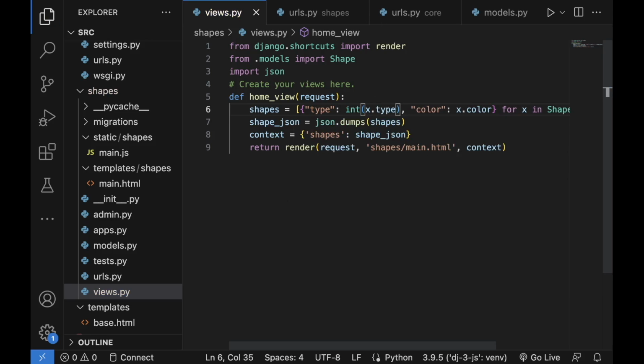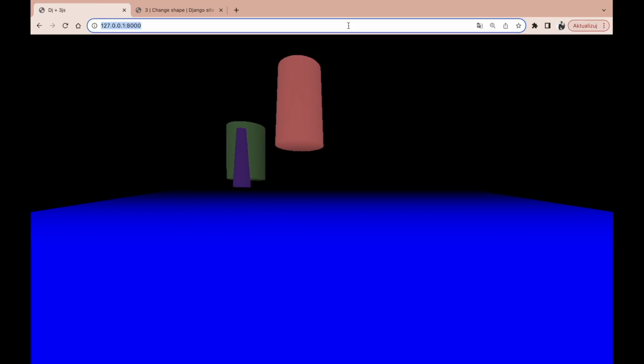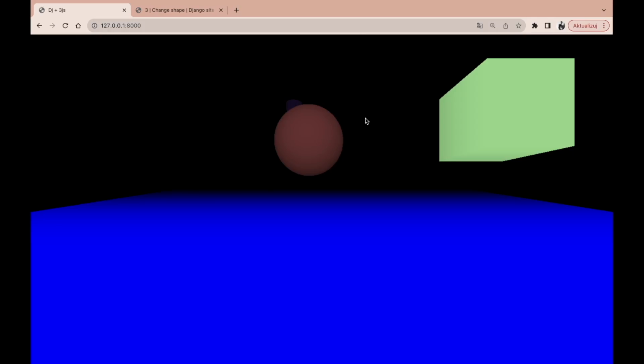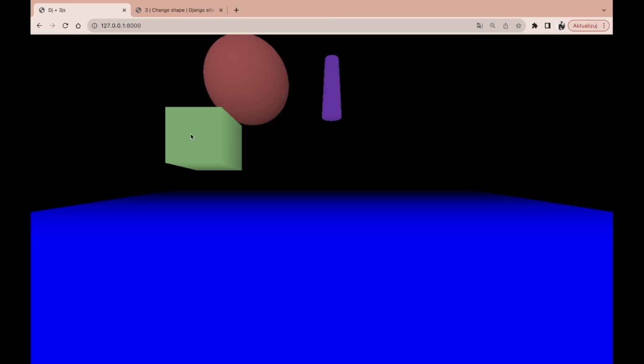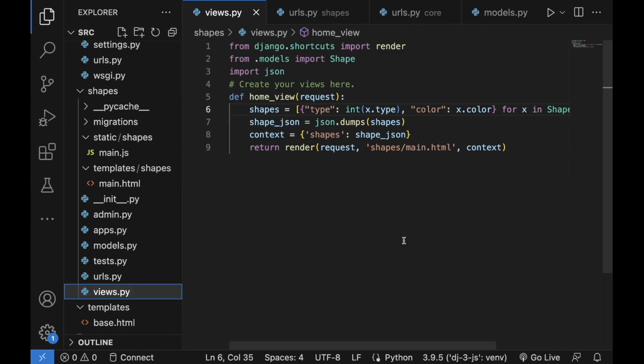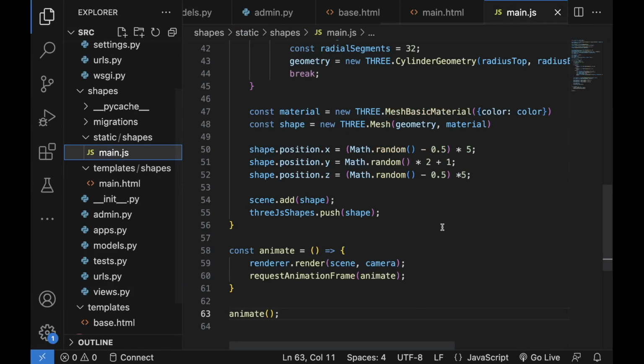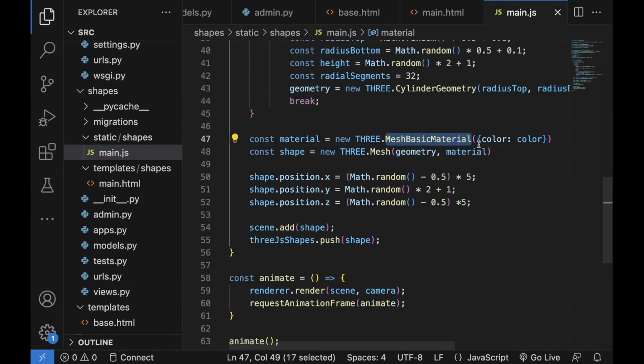Okay, let's save this and let's reload the page one more time. And now, as you can see, we have the box, sphere, and the cylinder. Perfect. So let's go back and let's make this mesh basic material